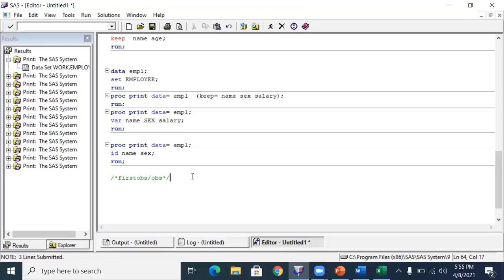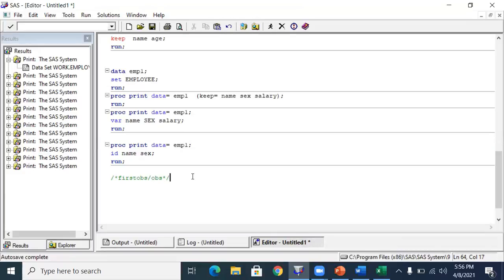So you are thorough with the keep, drop, where, and ID statements, right? It's very simple. Drop tells SAS which variables you want to drop from the data set. Keep tells SAS which variables you want to keep in the data set. And where and ID, I'm sure you got it.